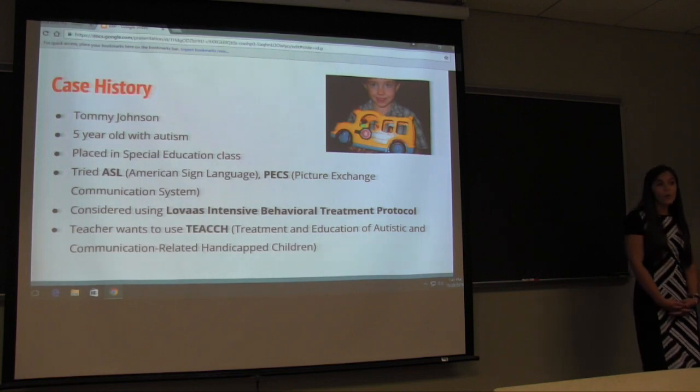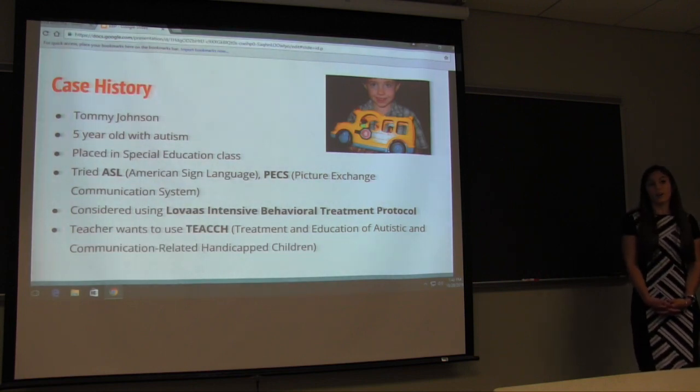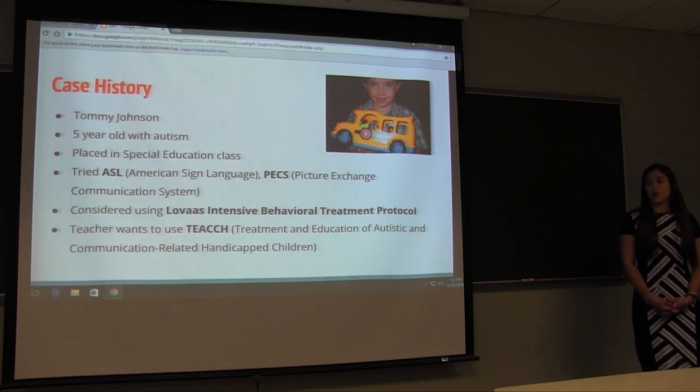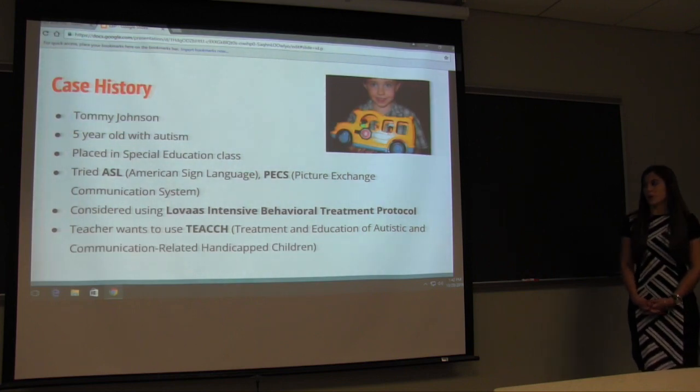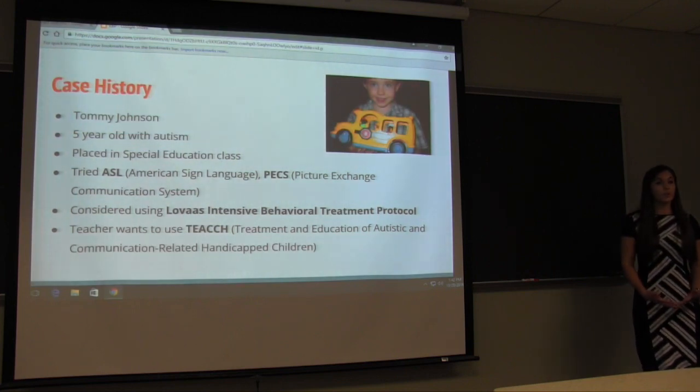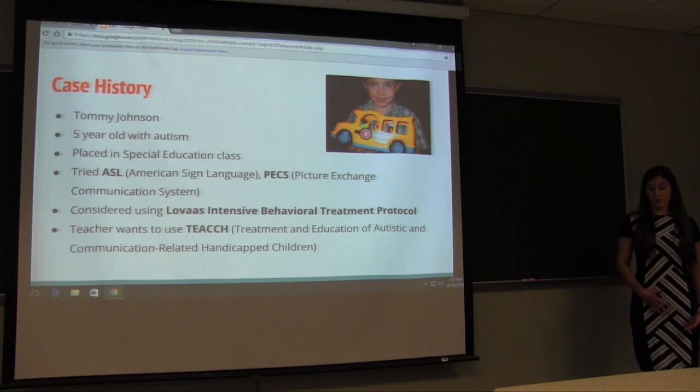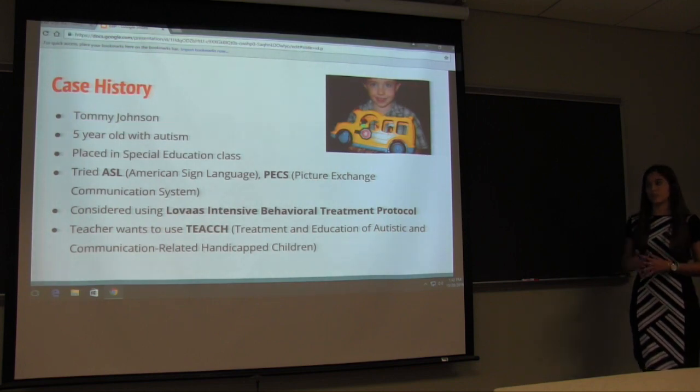He has done fairly well with PECS, and he has moved along very quickly, so his parents are happy with his progress so far. In a recent IEP meeting, two of the different approaches that were suggested were Lovaas Intensive Behavioral Treatment Protocol, which his parents were a little bit hesitant about because of the one-on-one nature of the treatment. Something else suggested by his special education teacher, though, was TEACH,